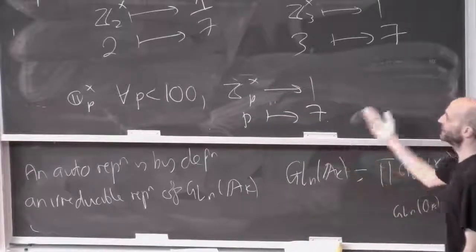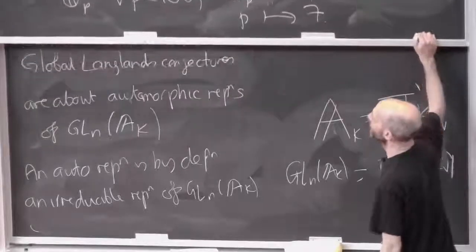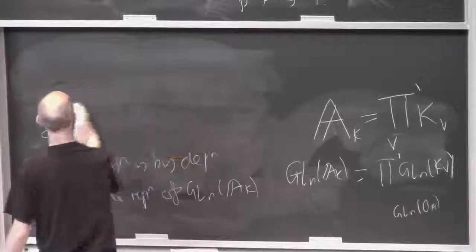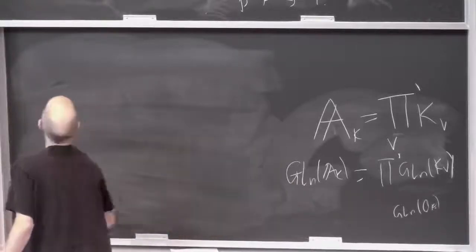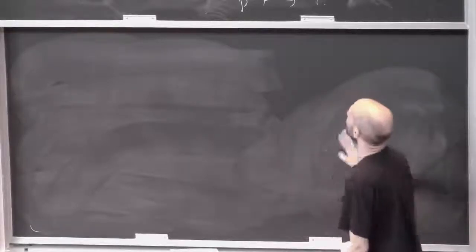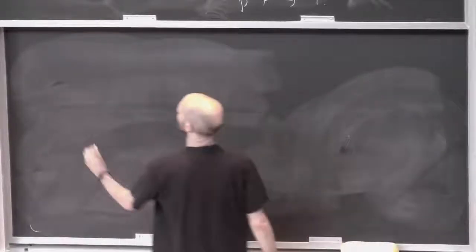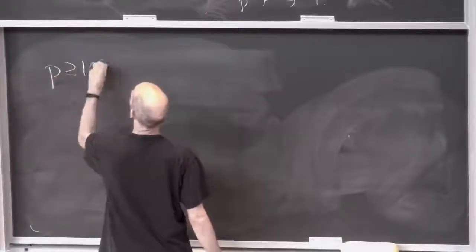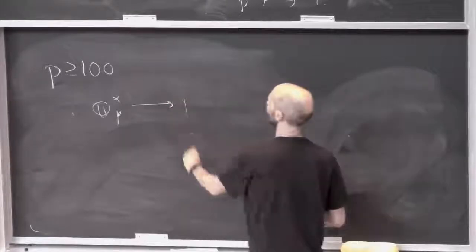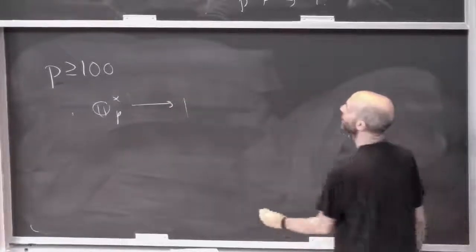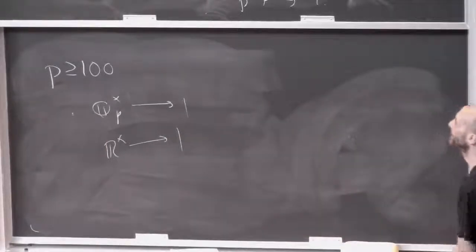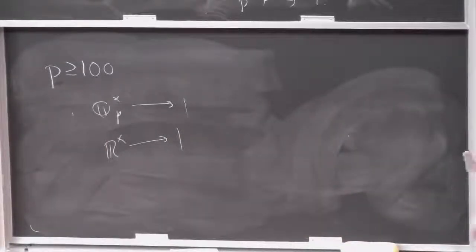Okay, and then I get a bit tired, and I want to go have a break, and so I pass it on to my PhD student, and I say, can you please continue defining this automorphic representation? And my PhD student can't be bothered, so for p greater than or equal to 100, my PhD student just says, I don't know, let's just send all of Q_p star. I mean, 7 is a stupid number. Let's just send all Q_p star to 1. Oh, and then we've got to do R star as well. Let's just send that to 1. Okay, great, we're done. Okay, so I come back, and he says, finished.